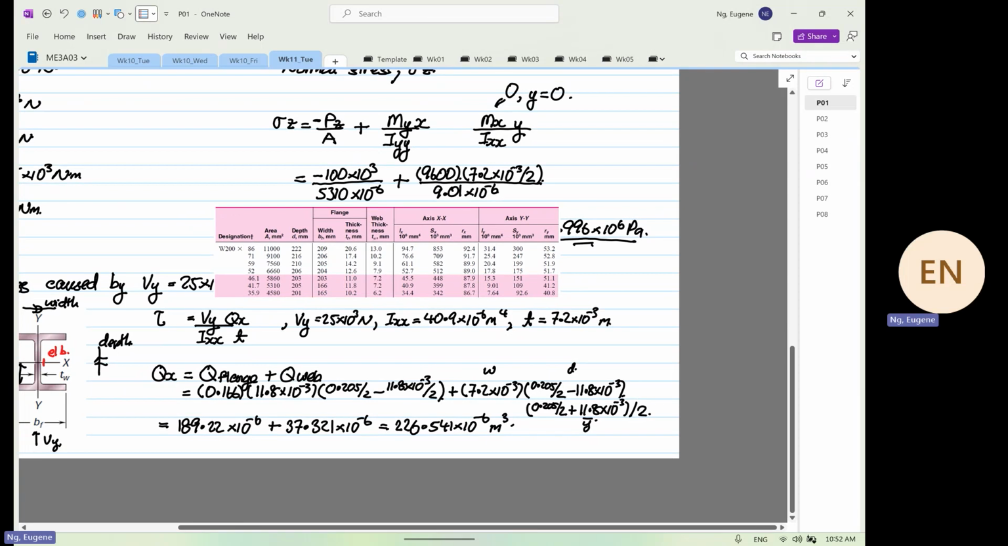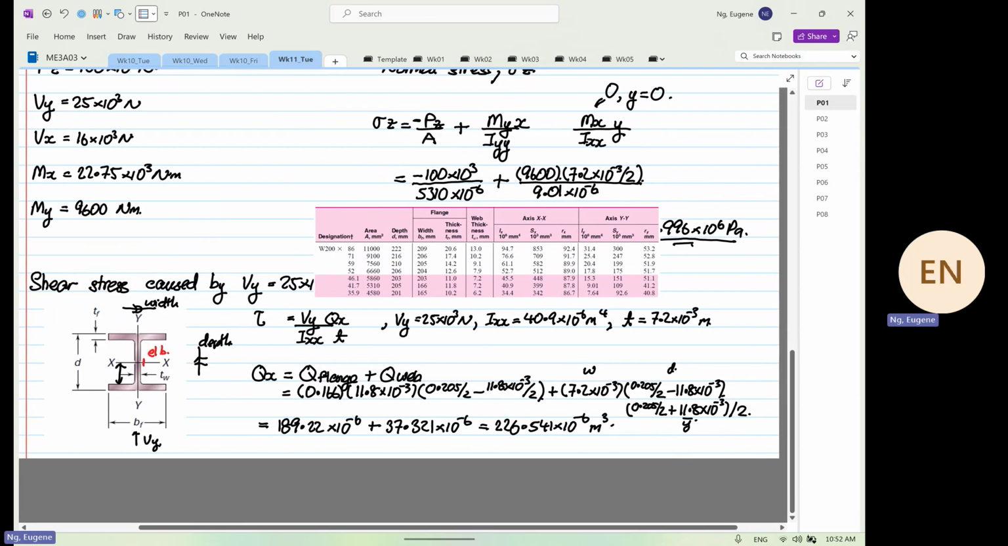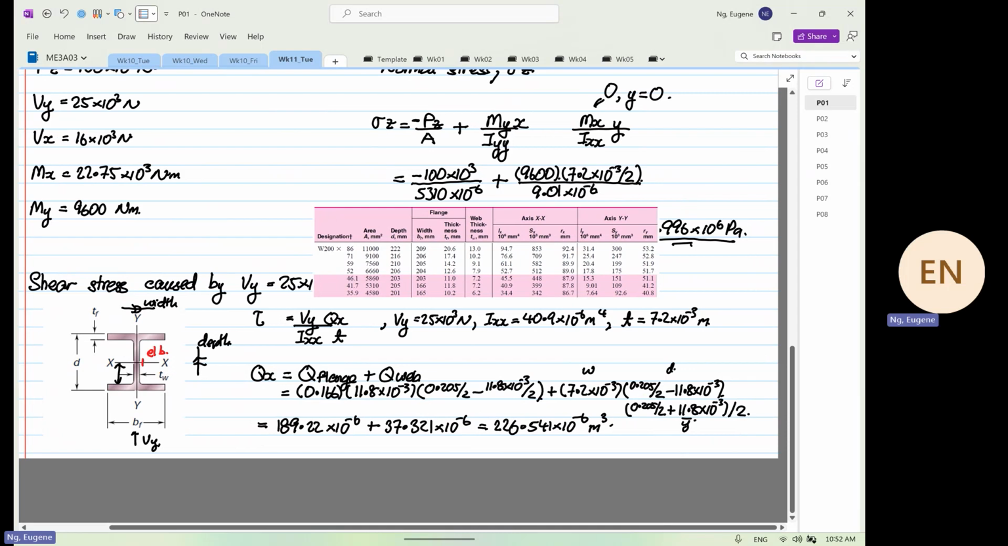It's just plug in. You have to be organized with the geometry, then you'll be fine. A lot of students make mistakes here. So this is the value we know, and now it's time to plug everything in. So the shear stress